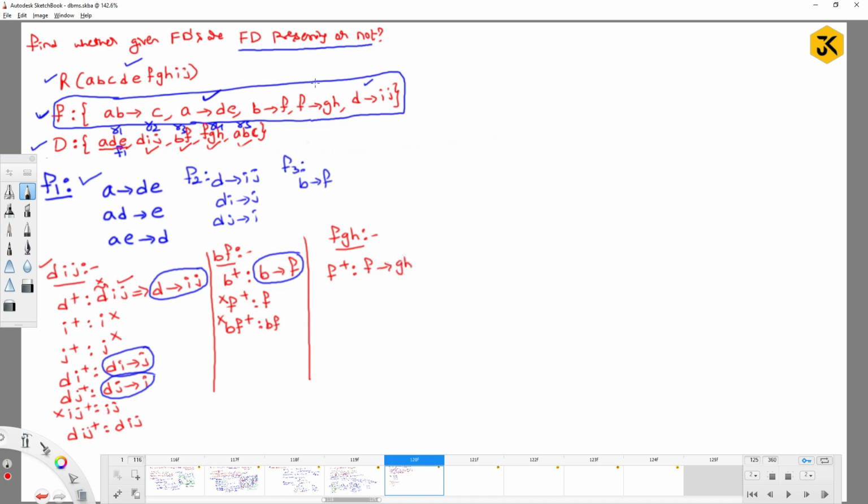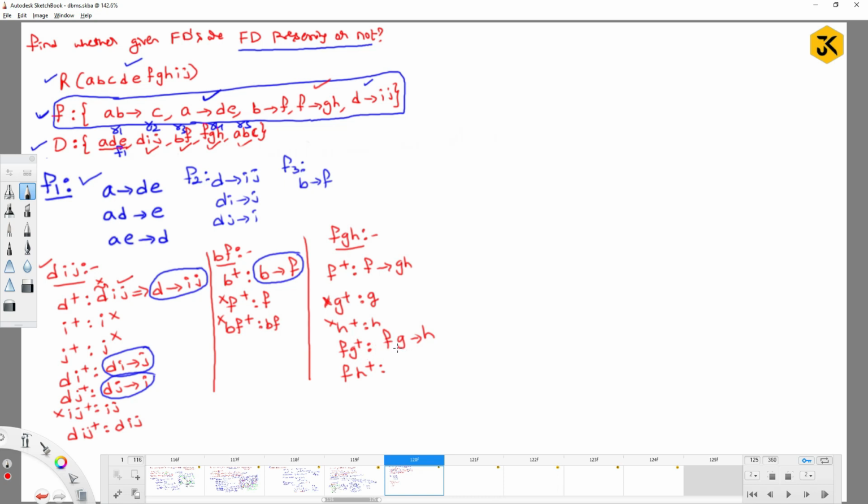Good, it is possible. And any other things are possible? No. Similarly, find out G closure. G closure is G and H closure is H only. So these two are not going to be the new functional dependencies because these are trivial. Because trivial are anyways always going to satisfy. Similarly, if you find out FG closure, you can get one functional dependency as FG determines H. If you find out FH closure,